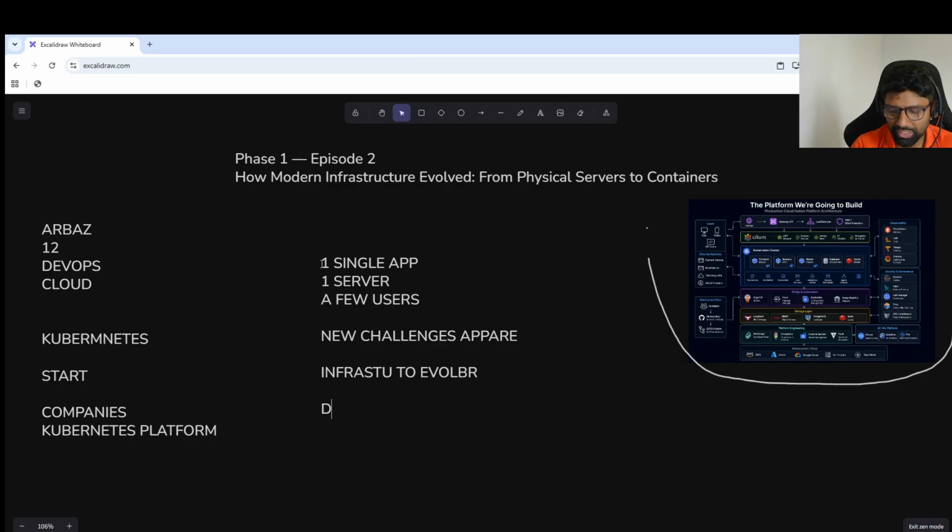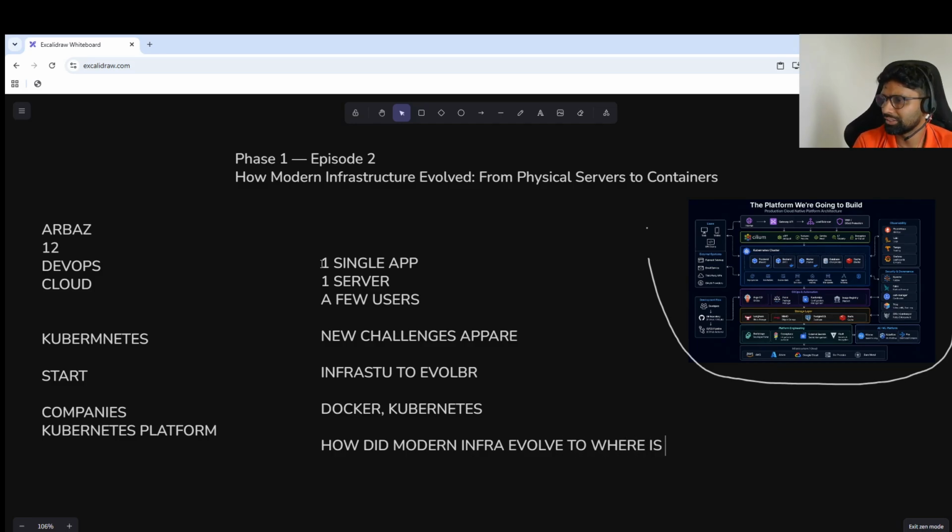So, before we install Docker or create a Kubernetes cluster, we need to answer one important question. How did modern infrastructure evolve to where it is today? Why did we move from physical servers to virtual machines to the cloud and then eventually to containers?